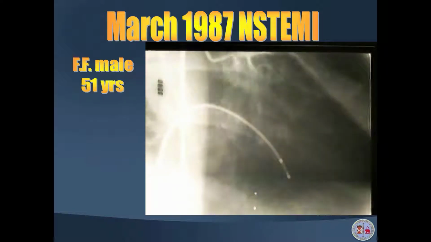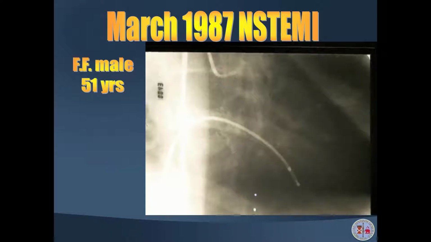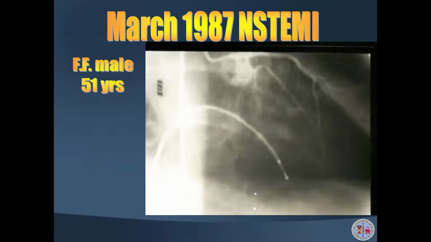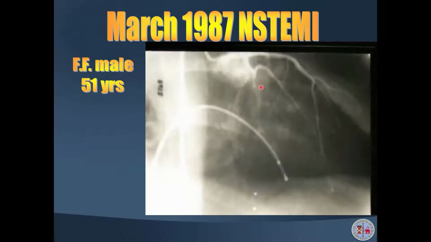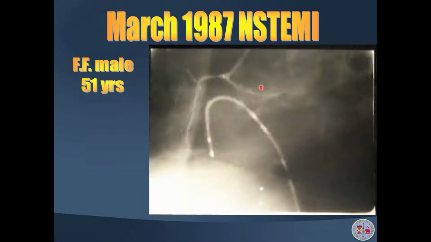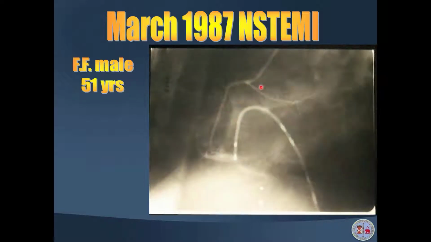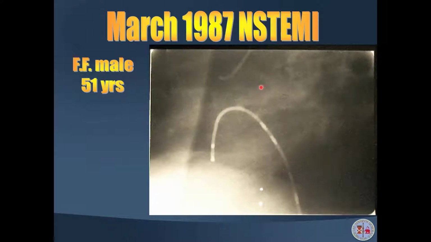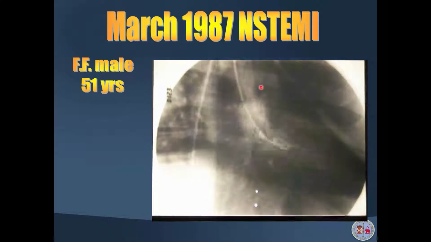He presented with NSTEMI, and as you can see, there is no pointer here, but there is a circumflex occlusion here, and this was a dominant circ, and then the patient also had, at that time, of course, a right coronary artery. He was also with pacemaker because of some problem during the NSTEMI case and after that. The patient, this was his LV function, seems to be good, so basically no treatment was done apart from medical